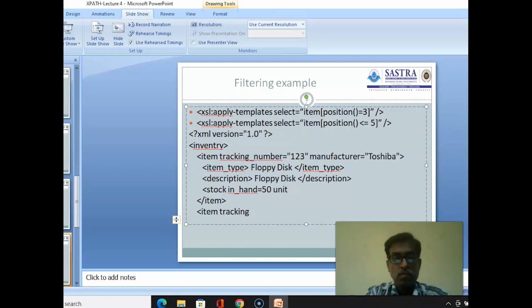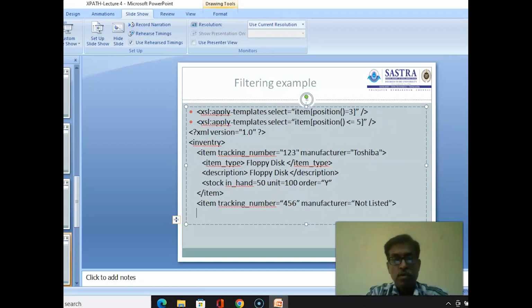Unit equal to 50 or 100, and then order equal to Y. I am including one more item, tracking number equal to 456, manufacturer equal to not listed, and then item type, hard disk, closing tag of this particular item,